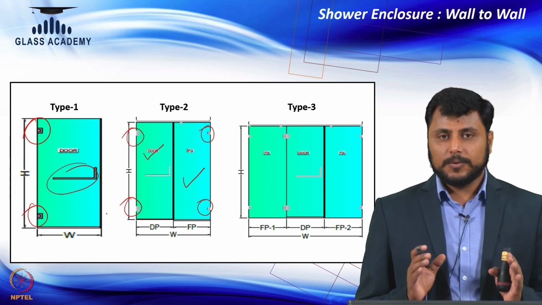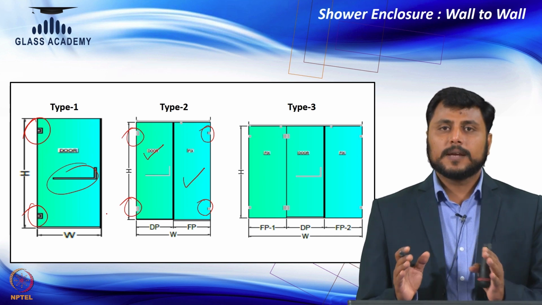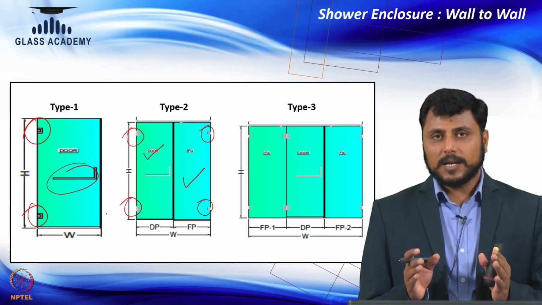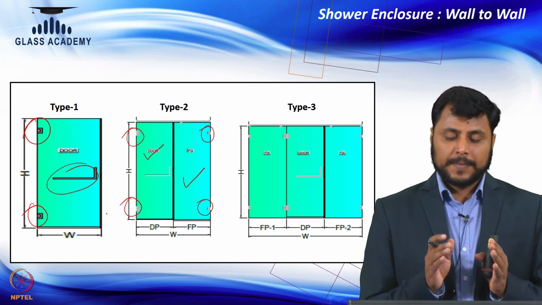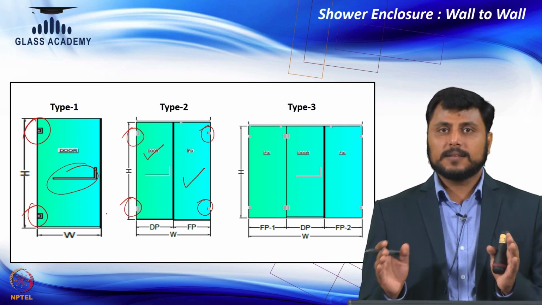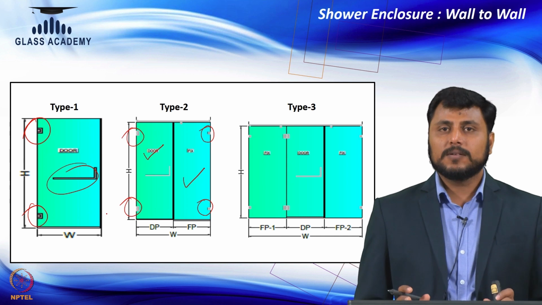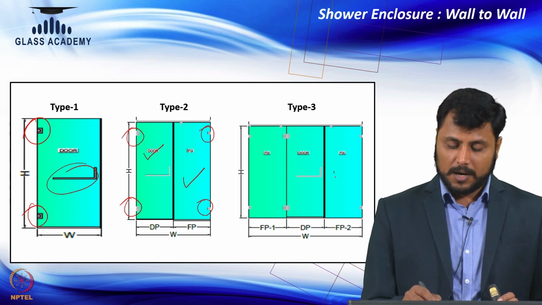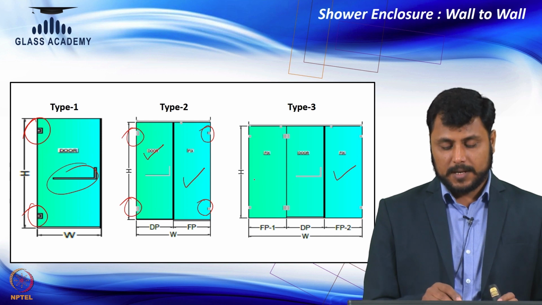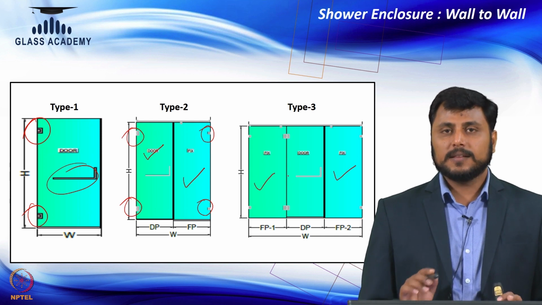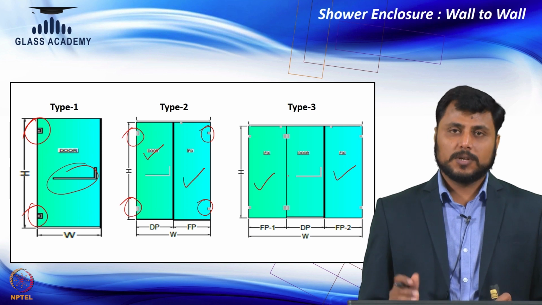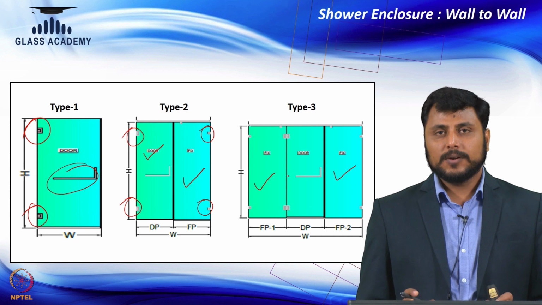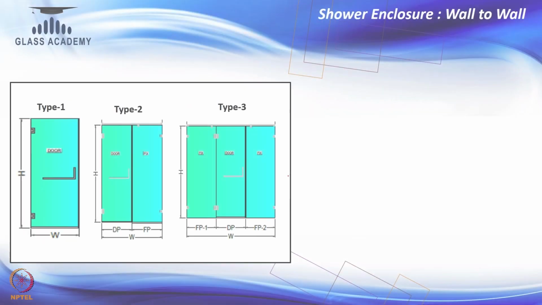So, why type 3? Now, you can see the distance is also getting larger. If width is more, customer can fix two glass, means one fix in one panel. If width is more than that, then customer can go for two fix and one door partition, which is known as type 3. So, in this you can see there are two fix, this is one and another one is this, and in the center they are having the door part. So, it can be on any side, left side or right side opening, depending on the customer requirement.